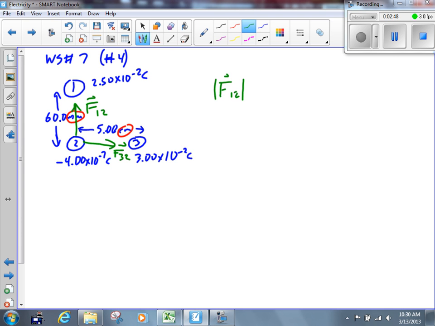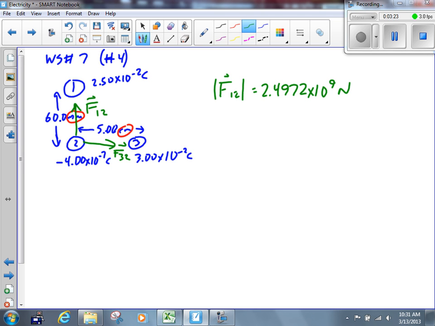F12, we calculated, I believe it was in question 2, to be 2.4972 times 10 to the 9 newtons. Is that right? Big thing with this one again was remembering when we're doing F equals kQ1Q2 over r squared, r wasn't going to be 60. r was going to be 60 times 10 to the minus 3, right? 60 times 10 to the minus 3 meters,